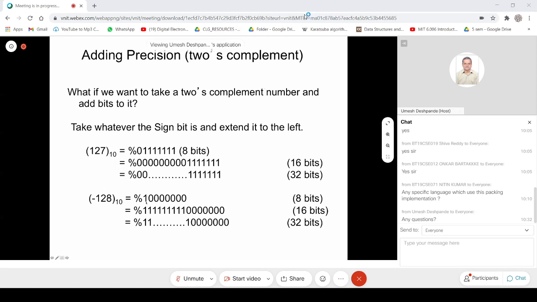That is 1, and the rest of the 7 bits are 0. So that is this 8-bit representation of minus 128.